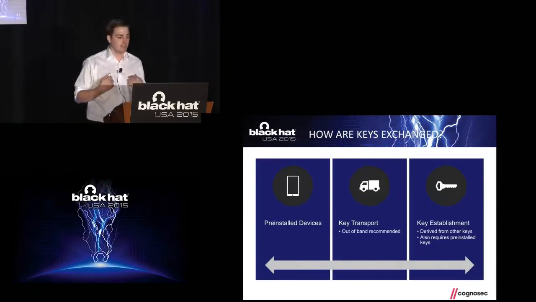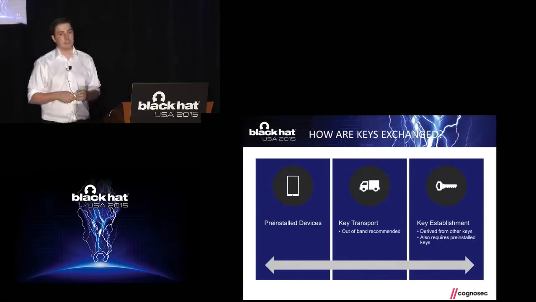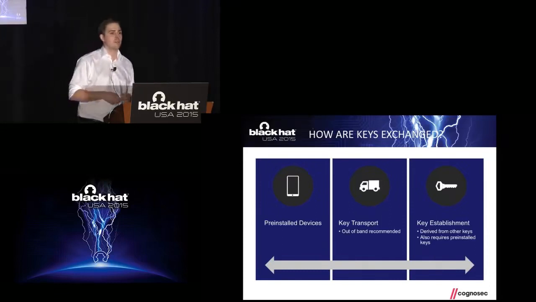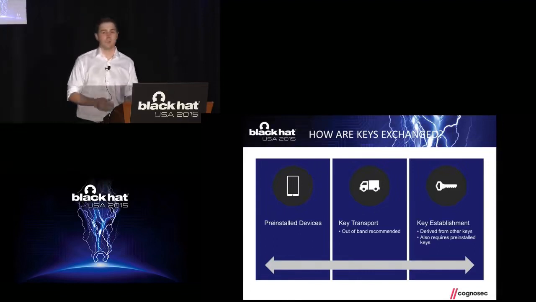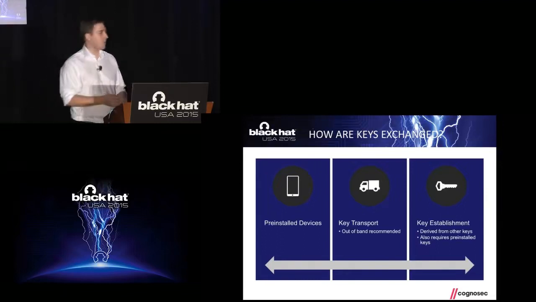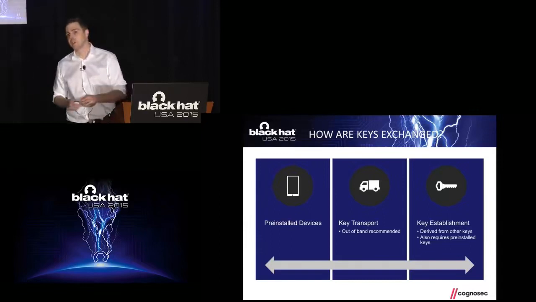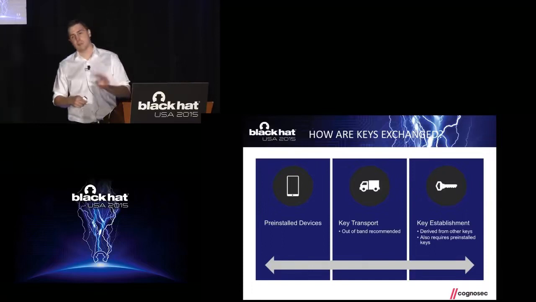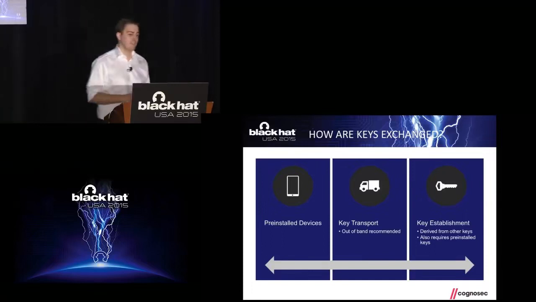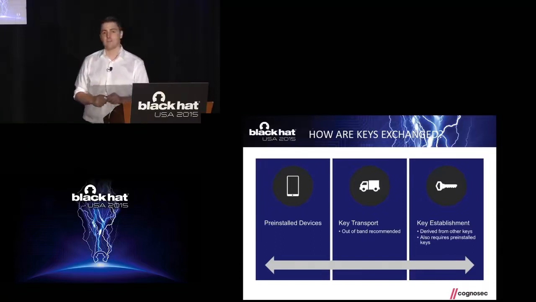What is good, actually, is that they recommend out-of-band key transfer, which you might know from Wi-Fi routers. So there is a sticker on it. You enter the code on your hub for the initial connection, and you are aware what device is joining what router. They recommend it. They make a lot of recommendations on security there, which are actually quite good. But they recommend, but not require. That's the problem.